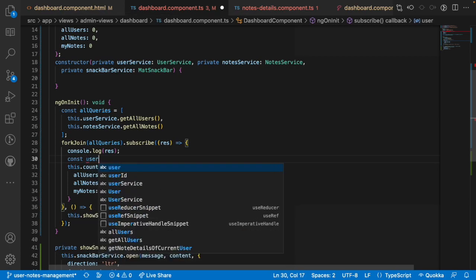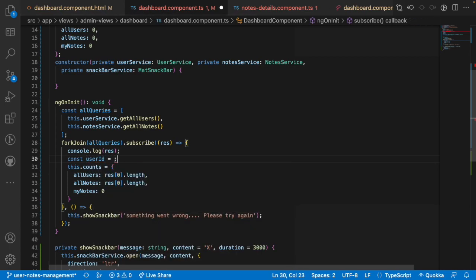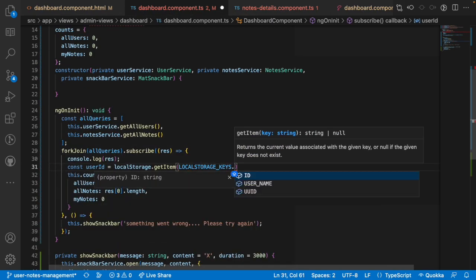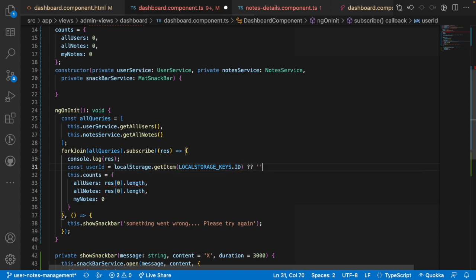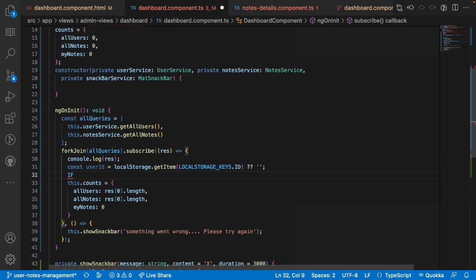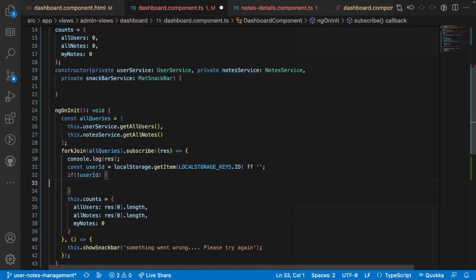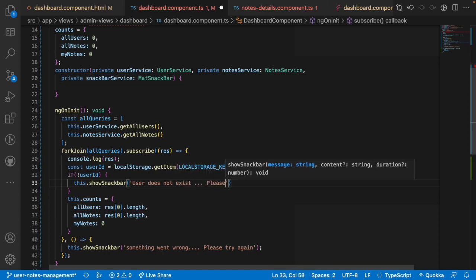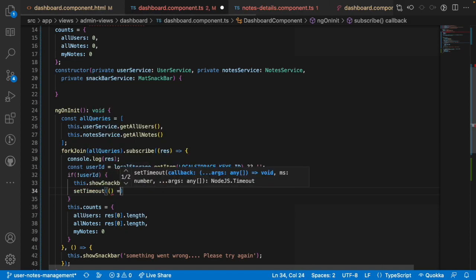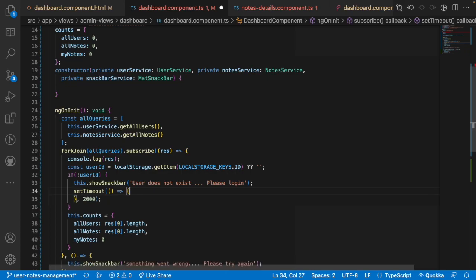Const user id is equal to, I can get it from localStorage.getItem of localStorageKeys.id if it exists, otherwise empty. Now if user id does not exist, so let me create an if of user id does not exist, that means a not condition, then this.showSnackBar of, I want to show "user does not exist, please log in", and after 2 seconds, that is setTimeout of 2000 milliseconds equal to 2 seconds, then